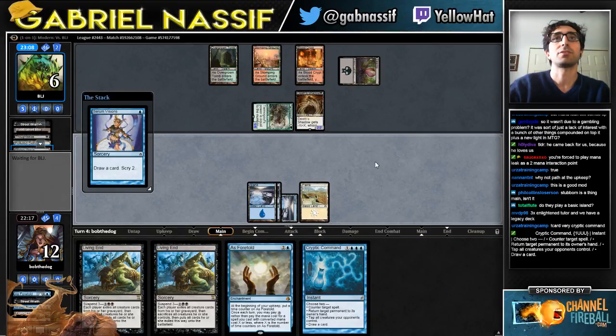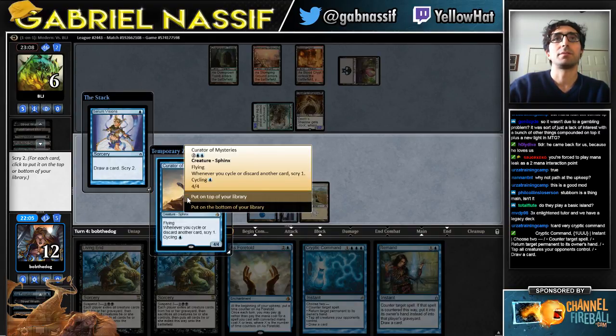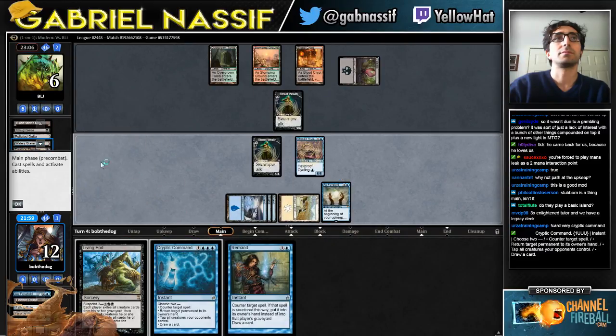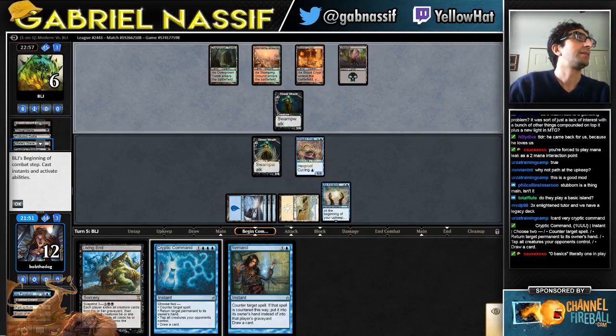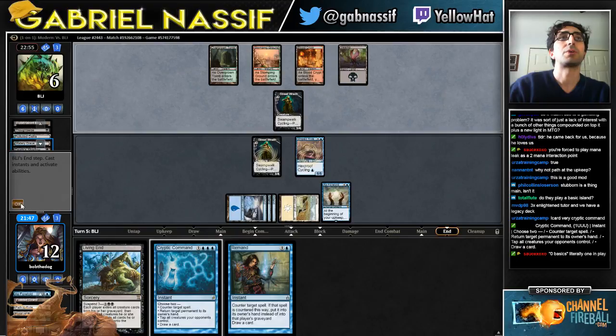Might as well Serum Visions first. I mean, does it really matter what I keep? Can't be bad to keep Serum Visions, right? Is Supreme Will playable in Blue-Eyed Control in Modern? I doubt it. The Eastern says no Chalice. Yeah, because I have Path to Exile. There's still a matchup or two where I would probably want Chalice, but...